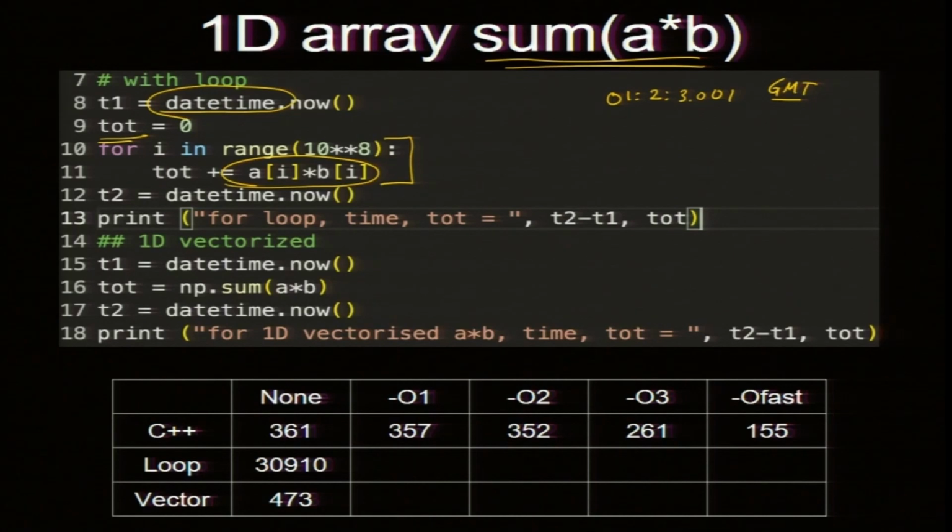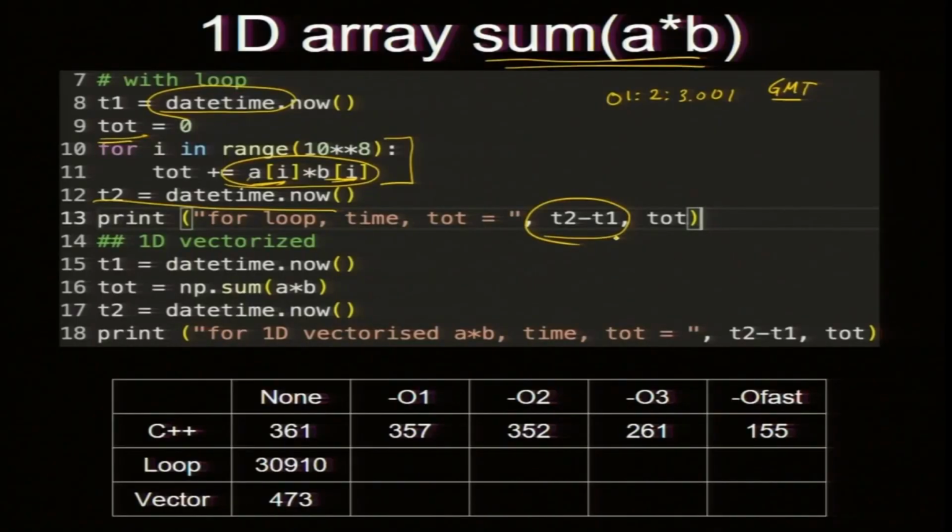Okay. And this a[i] and v[i] multiply and put it in total, keep incrementing total with that operation, and then I take another time T2. So, I have two timings, T1 before the code was run and T2. So, the difference T2 minus T1 will give me the time for execution of the code. Okay. So, that is what I am going to print, T2 minus T1, and also print total.